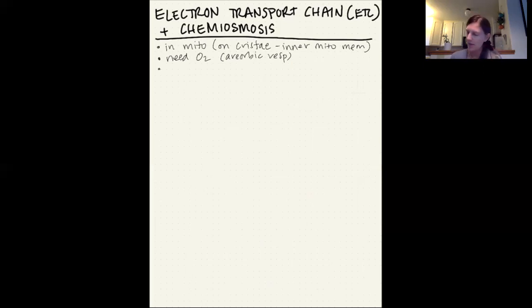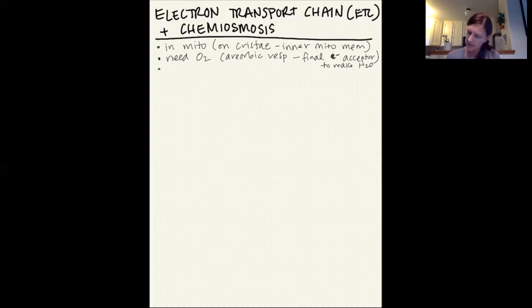What we're going to see about this oxygen that's really important is that it is the final electron acceptor in the ETC. That's why we need oxygen for this process. It's the final electron acceptor, and it's going to accept electrons and create water. All right, final electron acceptor to make water, to make H2O.